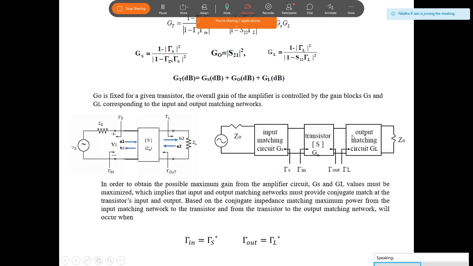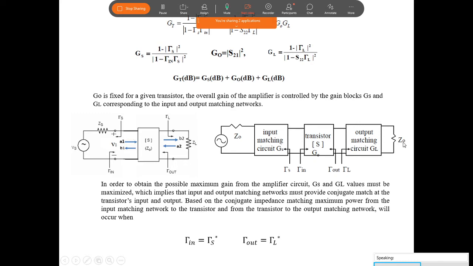Similarly, on this side also, we should have a particular value of TOL to get the required value of GL. I want, for example, 4 dB here. To get 4 dB here, what is the value of TOL? You should think of that. And that TOL again depends upon the impedance looking in this direction. TOL depends upon ZL, meaning it is looking towards the load. We are changing that now by using an impedance matching network. Use an impedance matching network like this and change the impedance here to the required value of ZL.